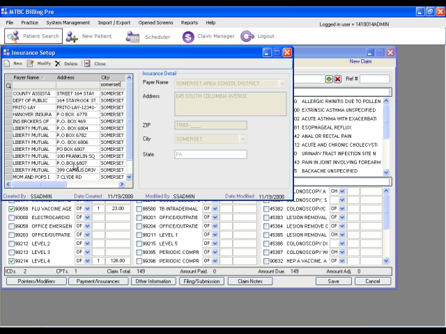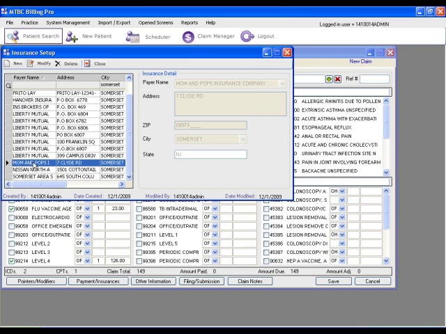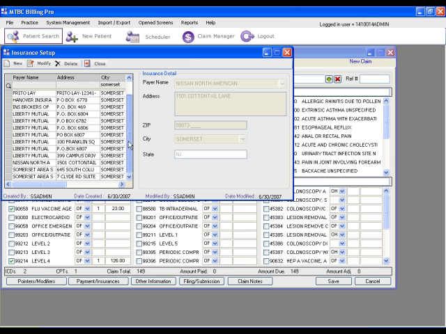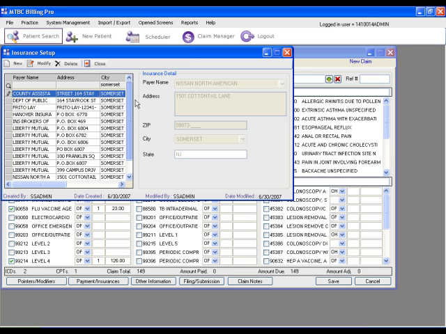There are a number of different payers here. We can go find the one that we're looking for, Mom and Pop's, and modify it to include a suite number. Or even if we're going to delete an insurance outright, we can just find the